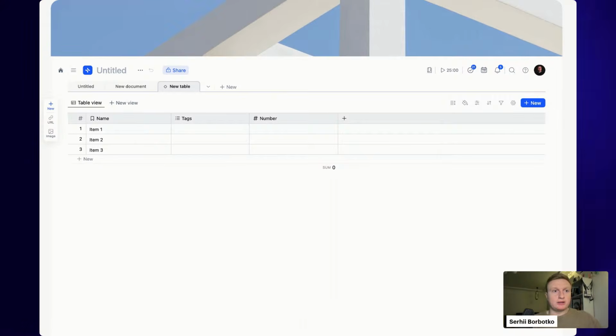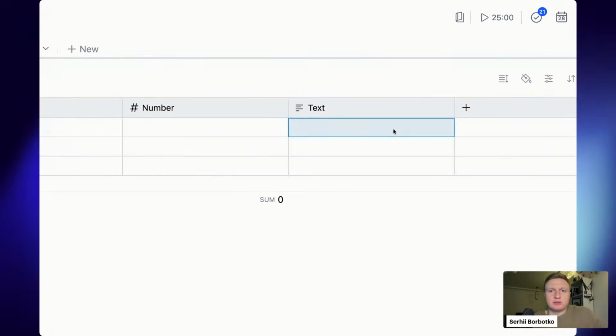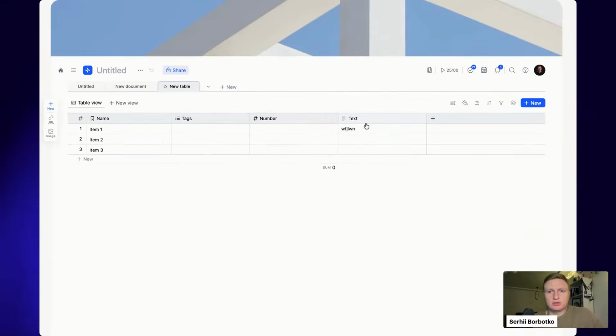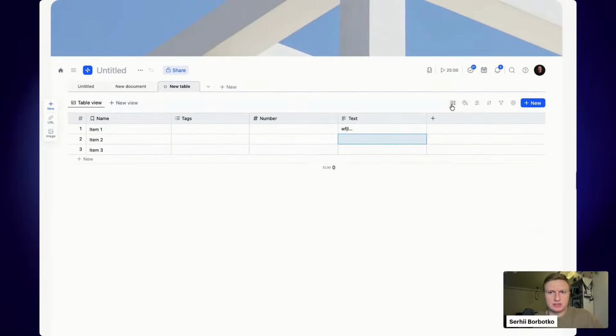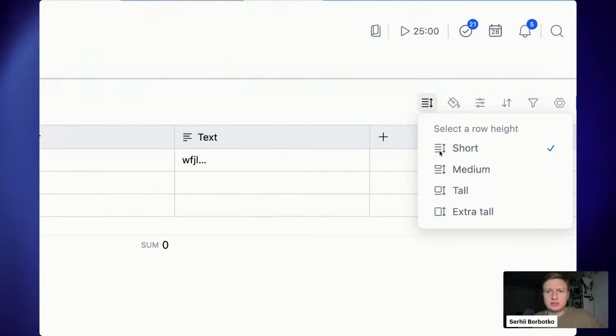So let's go back and talk about our different kinds of properties. The first one is text. It's just simple text that you can put some content in. You can also use Command Enter or Shift Enter to have multiple lines inside. And you can also customize it to see all the content by row height. So you can go to